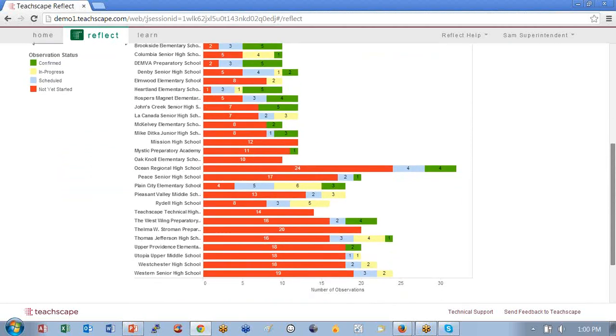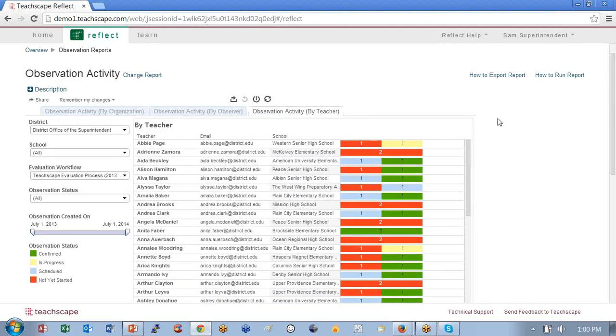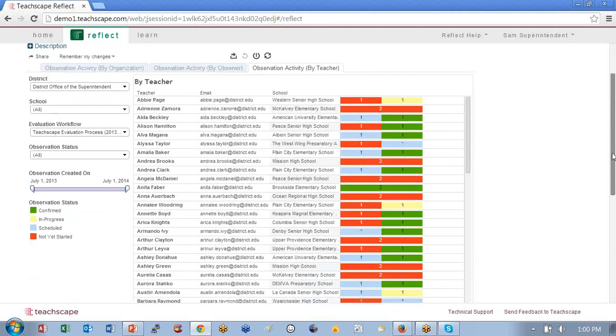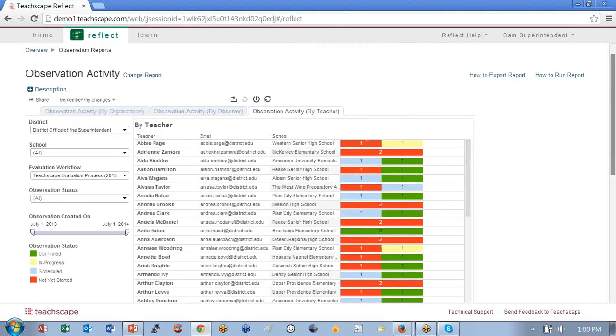Some schools have done quite a few observations and completed them, and some of them have done a lot of scheduling and there's a lot in progress, but they haven't actually completed. So this gives you a little bit more granularity on that. You could do this by observer or by teacher. If you're looking in a particular district, if they're all green all the way across, you know you're done for that particular teacher.